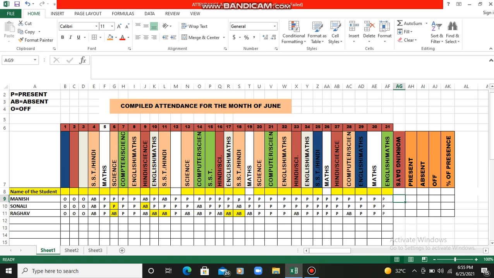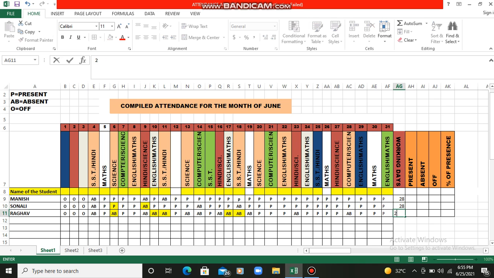So students, working days we can calculate. It is very simple. The number of days in a month is 31. Let's say the first 3 days were off, so we can minus 3, because 3 days were off. So 31 minus 3 is equal to 28. So 28 days of working. We can fill it like this, 28 and 28. So this we have done.